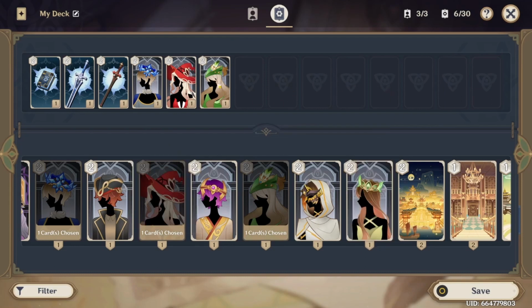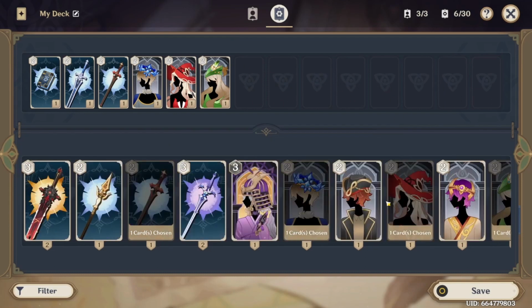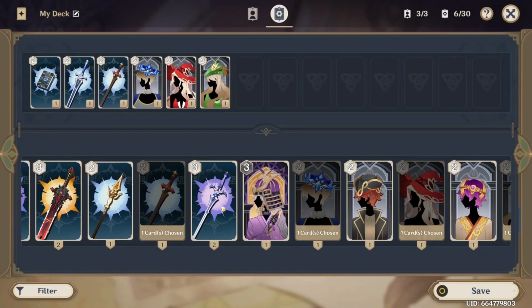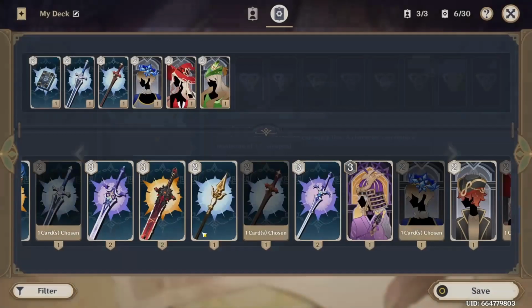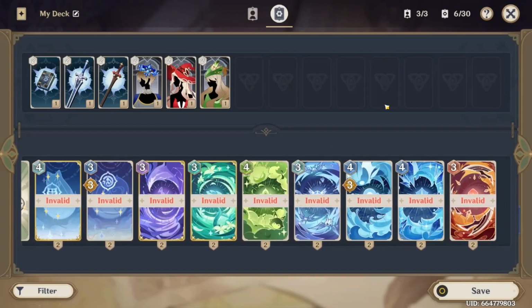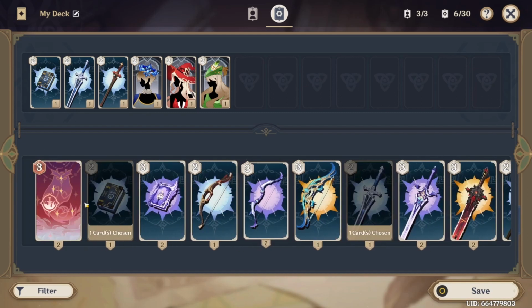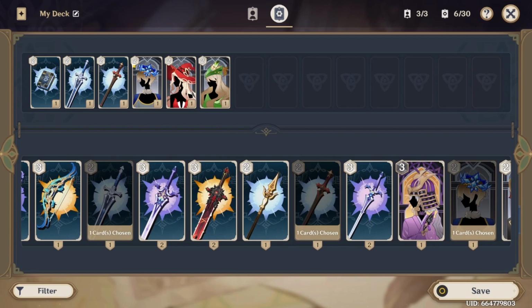The original deck that you start off with will have a whole slew of different cards like the Weinstein Tricorn and Polearm and blah blah blah. I recommend you toss all that out and just start from scratch. Of course, if you bought cards. Now, I also recommend just playing around with that original deck